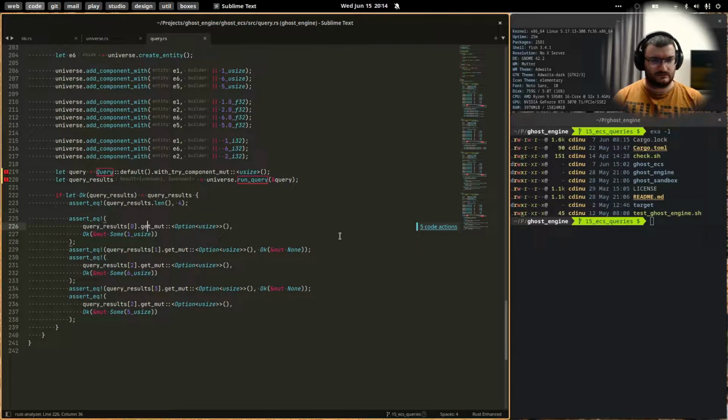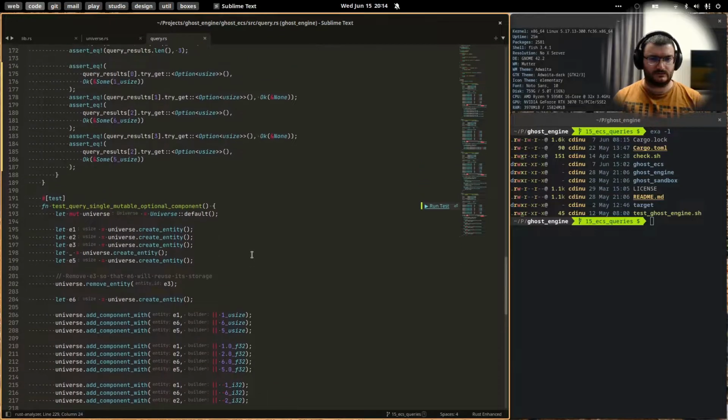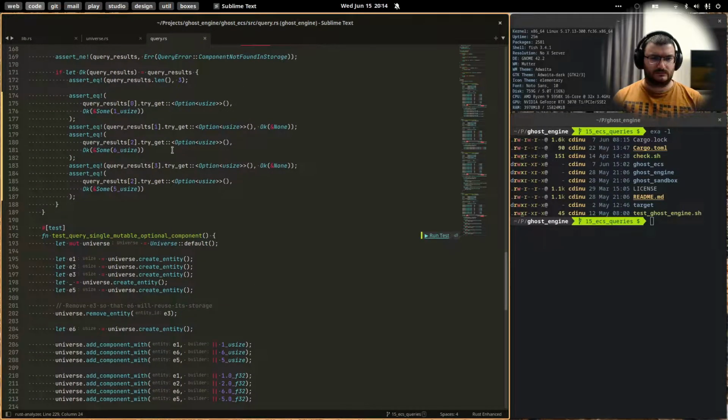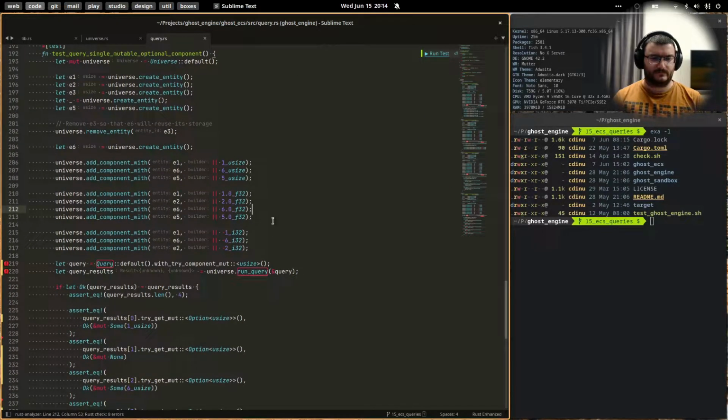we do try get mutable, and we want to have, yes, this is what we want. Try get, perfect. Okay,